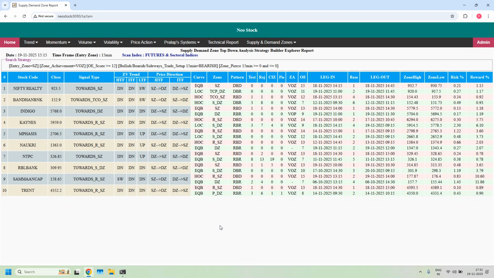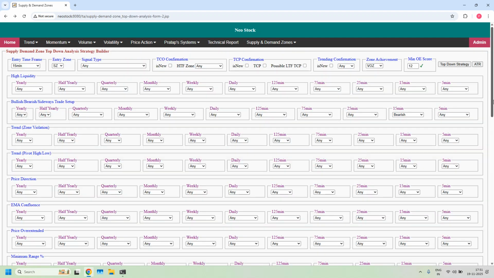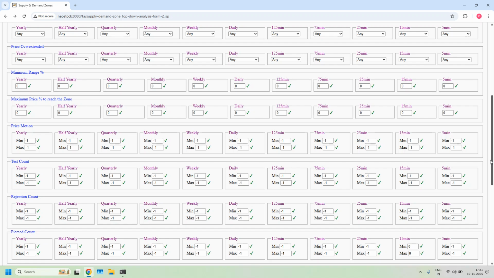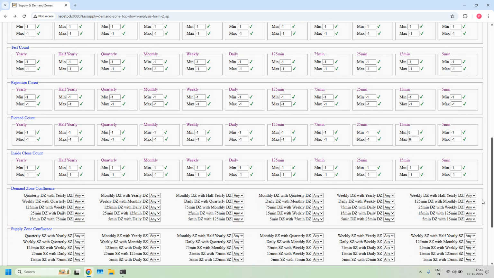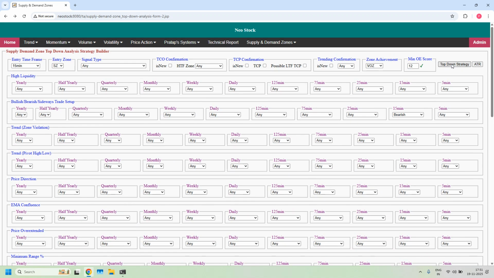Out of these 10 15 minute supply zones, there could be some high probability trade setup 15 minute supply zone might be available. That we should filter based on the 2 strategies that you learned in lesson 27. So I'm applying the first strategy, first filter on these 10 stocks, that is LTF and ITF supply zone confluence. So that is 15 minutes and 75 minutes supply zone confluence is enabled, and applying on the 10 stocks, we